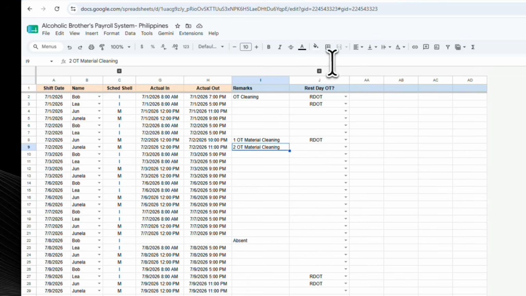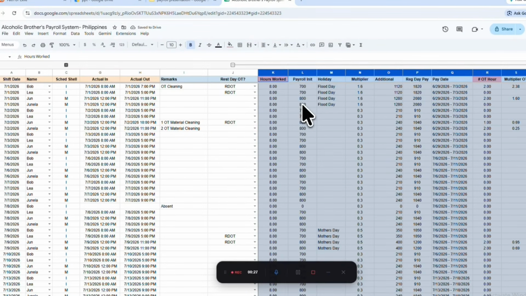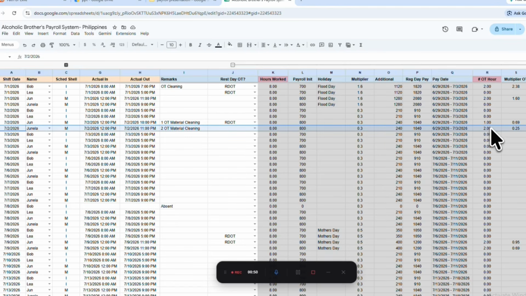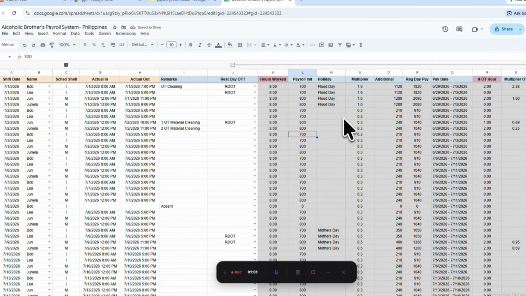So I actually have this section here, and I don't recommend anyone touching this because this is where all the formula is located. But in the event that you would like to verify whether or not you have entered the correct information, then you'll have to look on column K, right? So 8 means our employee has completed the 9-hour shift, 1 hour is allocated for lunch, right? And then for overtime, we have to look under column R, and if you notice, there's 2 hours overtime here, right? So you can collapse and expand this if you want, as long as you don't touch anything on this